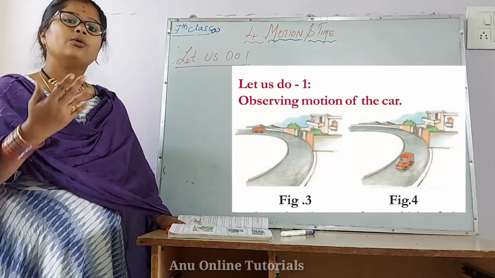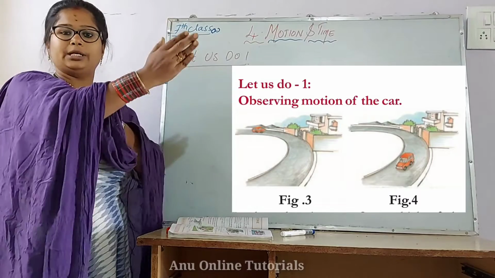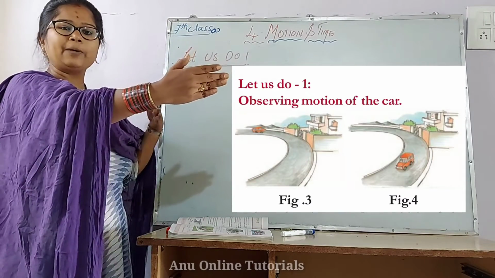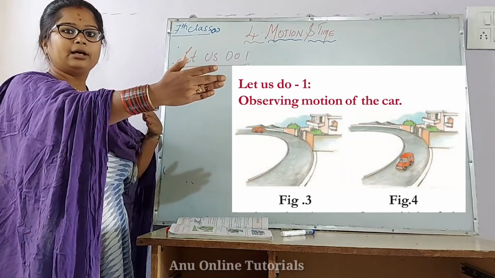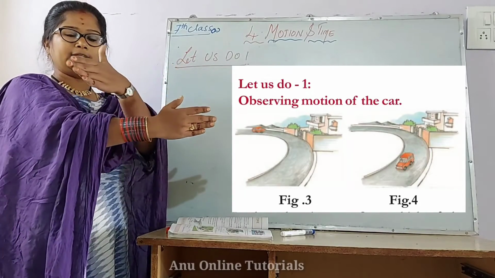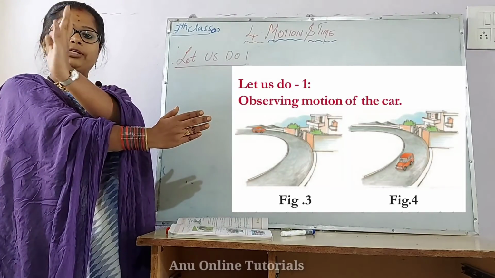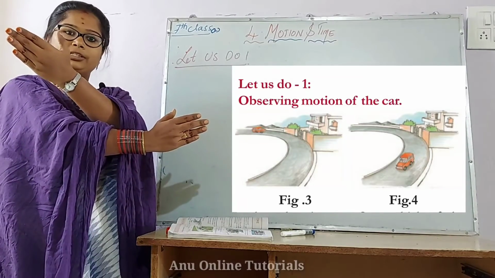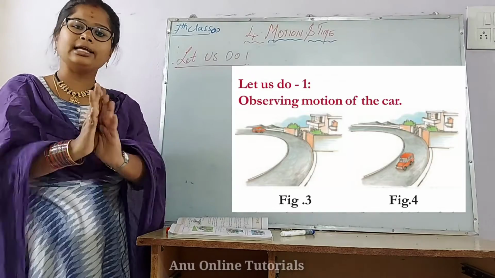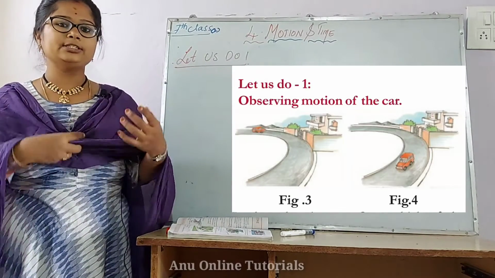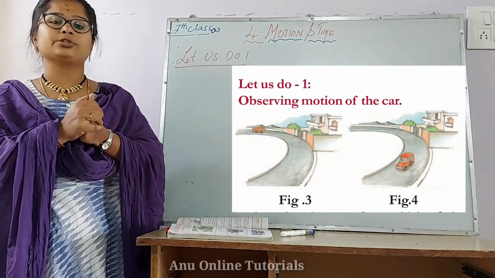Did you understand? Suppose this is a building and this is a car. One time the car is back of the building. After 2 seconds, the building is here only, but the car has moved its position. That is the thing shown in the picture. I'll ask you some questions and discuss them with you.